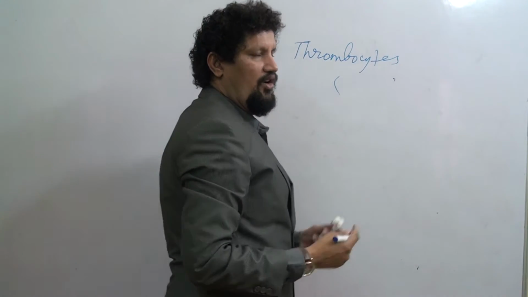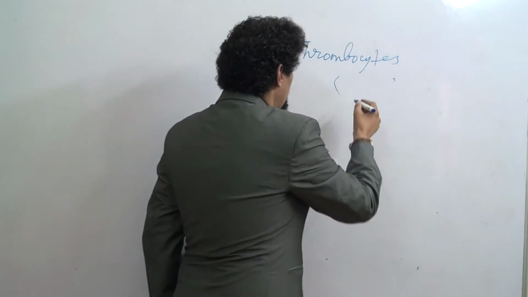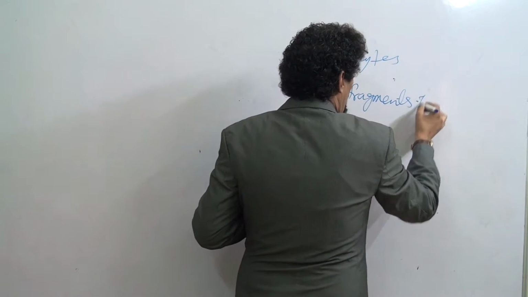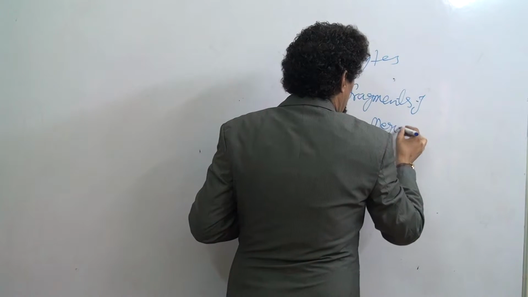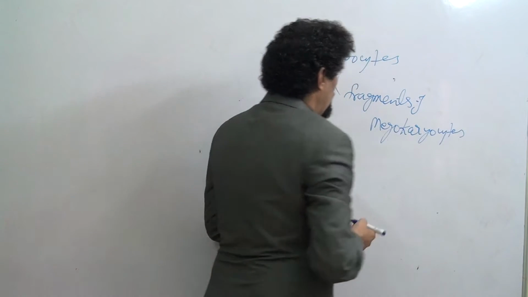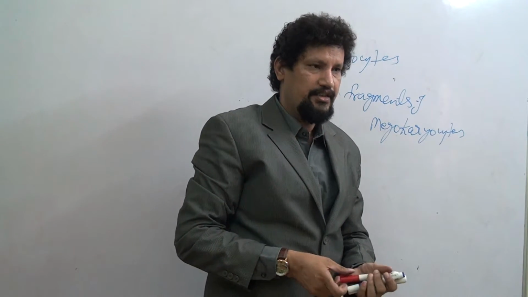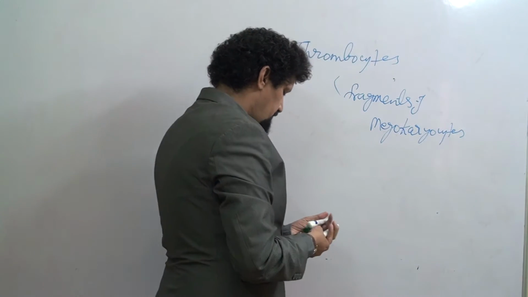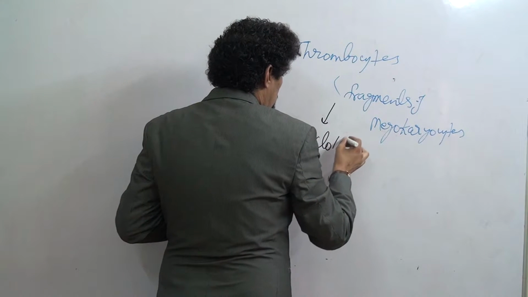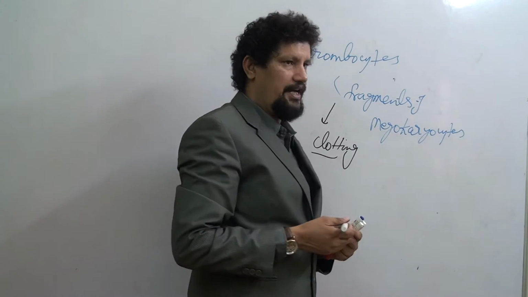These are fragments of large megakaryocytes in the bone marrow, and they play an important role in thrombus formation or clot formation. These cells migrate to the clotting site and form a grid